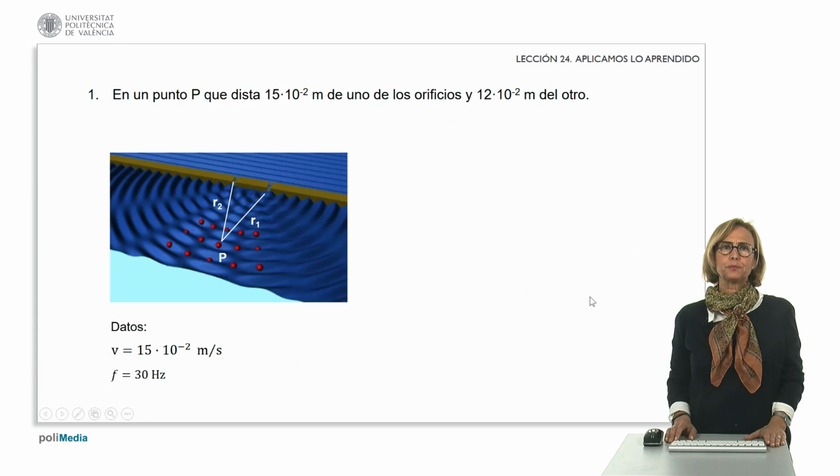Let's help her. Well, at point P we have R1 and R2, which are the distance from each of the holes to point P. As data, we know the propagation speed and the frequency of the propagation. We will determine the wavelength of this perturbation by simply dividing the velocity by the frequency. Therefore, operating, we see that the wavelength is 0.5 times 10 raised to minus 2 meters, because they were the units we had,